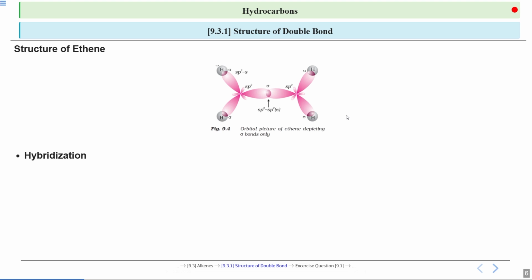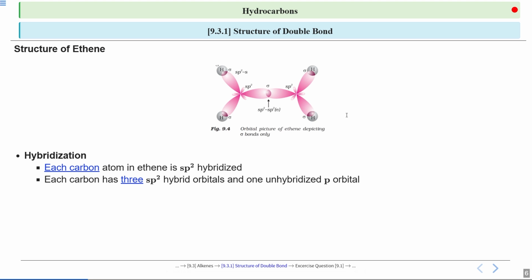Now let's talk about hybridization, which is crucial for understanding the bonding in ethene. Each carbon atom in ethene is sp2 hybridized. This means that one s and two p orbitals combine to form three sp2 hybrid orbitals for carbon. This hybridization is what allows the carbon atom to form the planar structure of ethene. In addition to three sp2 hybrid orbitals, each carbon atom has one pure or unhybridized p orbital. This unhybridized p orbital is crucial for forming the pi bond in the double bond of ethene, which we will